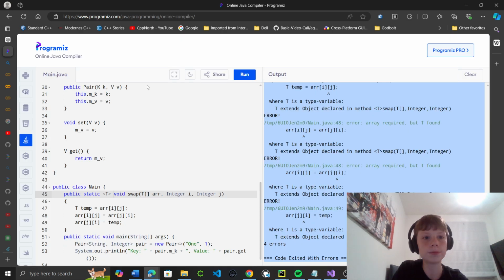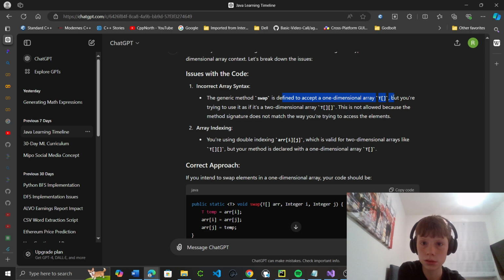So you can expect the responses to not be as good, but they'll still be fine. ChatGPT 3.5 is also good. The errors are due to the incorrect usage of generic type T. Okay. Incorrect array syntax. The swap is defined to accept only a one-dimensional T array, trying to use a